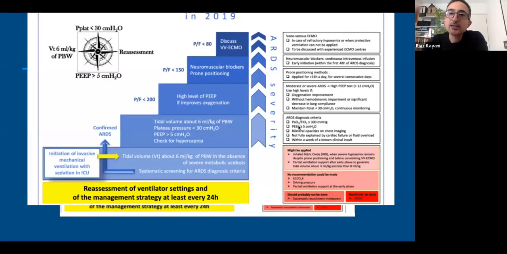And in terms of the broad strategies that we use, sorry, it's a busy slide, but there are a lot of interventions that we potentially will start to do. But the first thing obviously is initiation of mechanical ventilation. And that allows adequate management, hopefully at least in the beginning, of oxygenation and ventilation. And you obviously understand the difference. Oxygenation is getting oxygen in, ventilation is getting CO2 out.